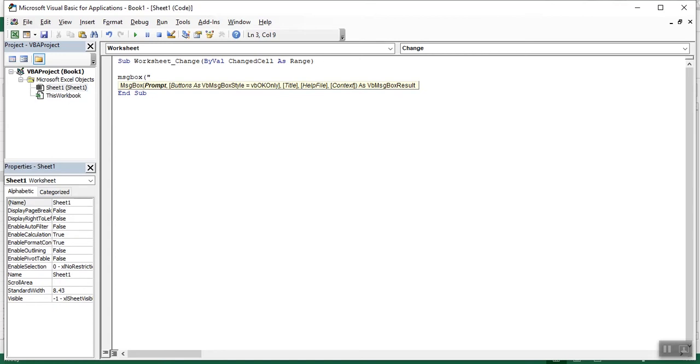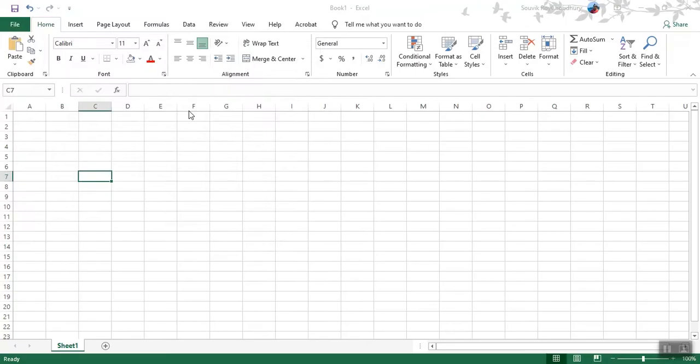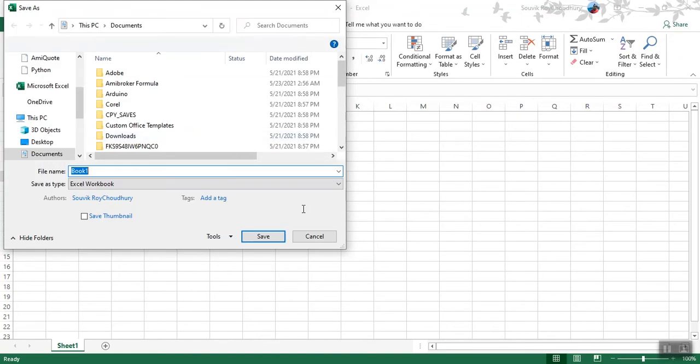For example, "Please ensure the cell is updated correctly." Once you hit enter, you don't have to run it. What you need to do is save.